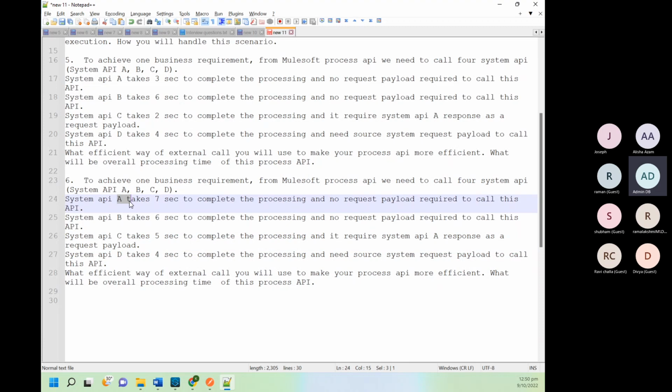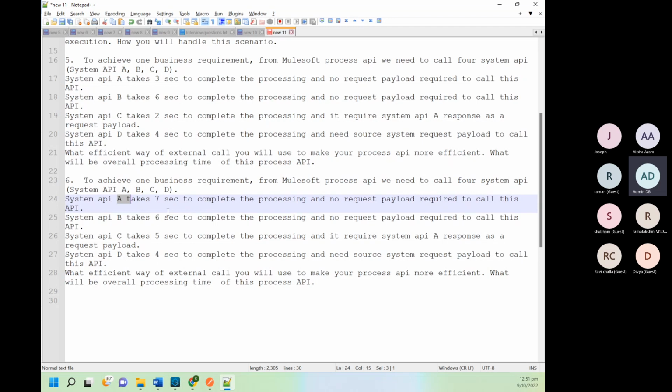Then tell me what the execution time for this API will be. 12 seconds. It will be 12 seconds, since A, B, and D we can execute in parallel.